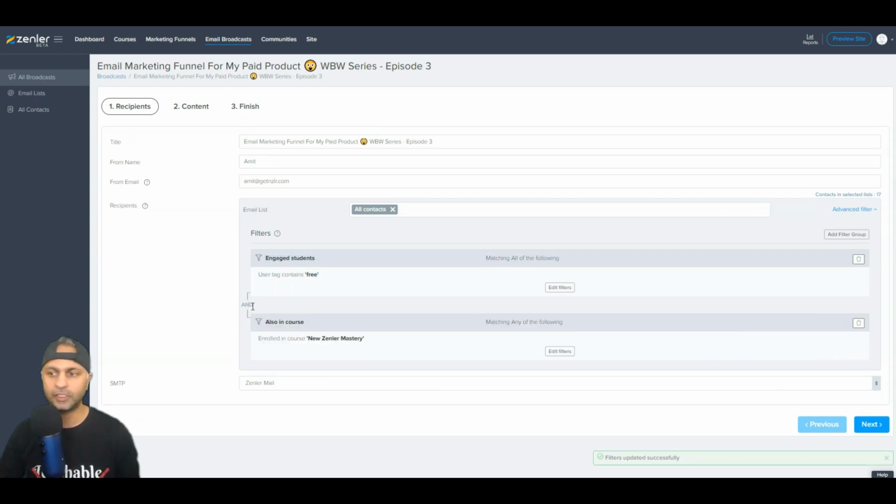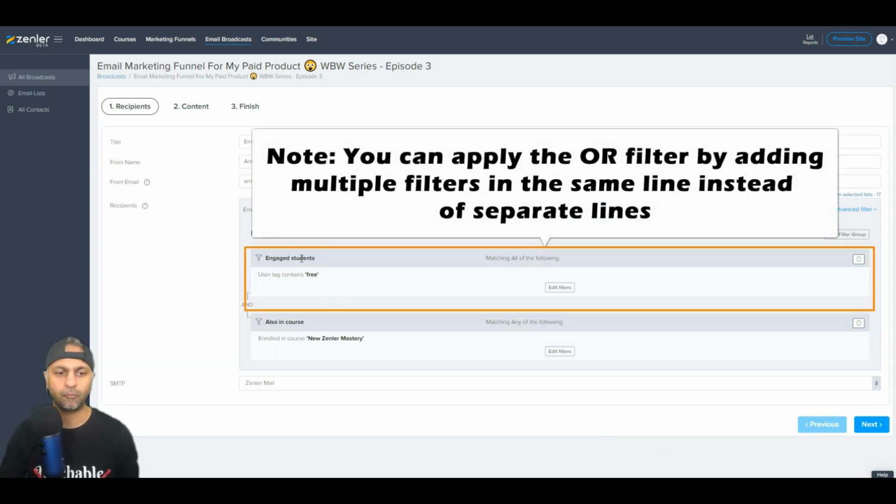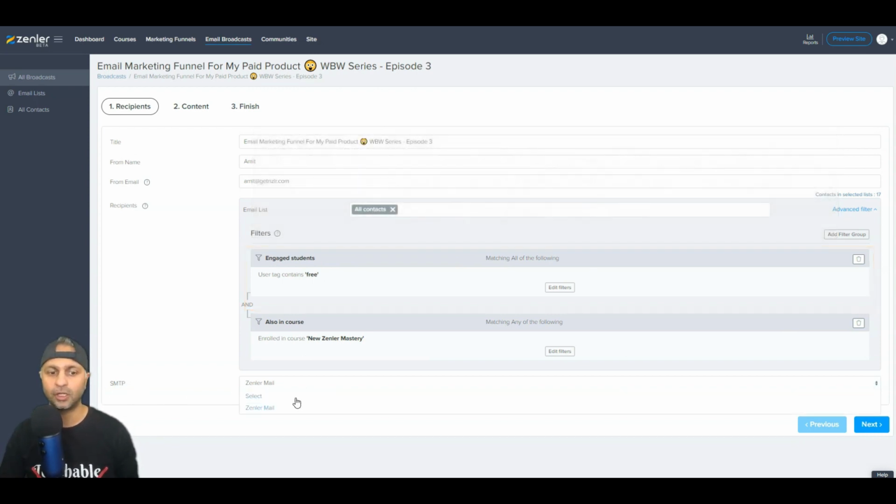It looks like it's always an "and" operator, not an "or" operator. So you cannot say one or two, it's one and two. Both have to be met in order for this filter to fire. Finally, if you're using SMTP, you can change the mail settings, but right now I'm just using Zenler mail, and